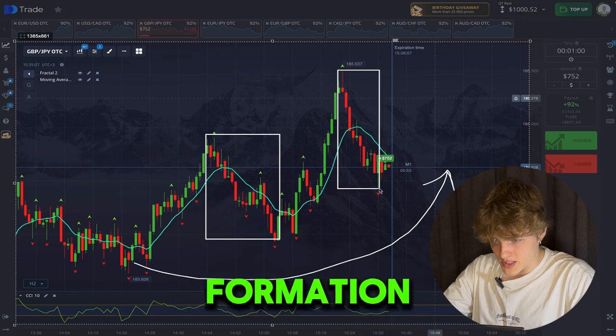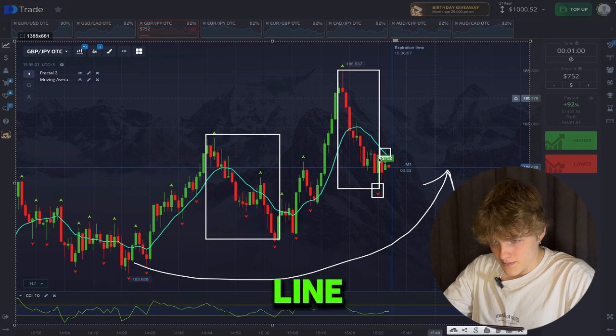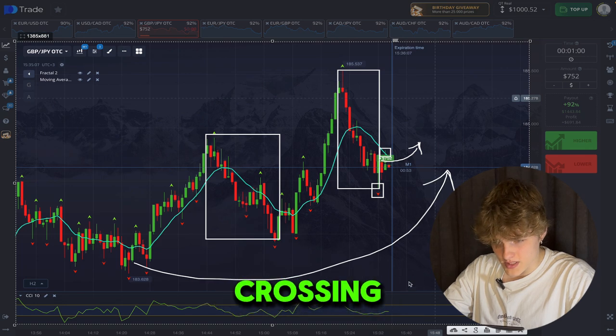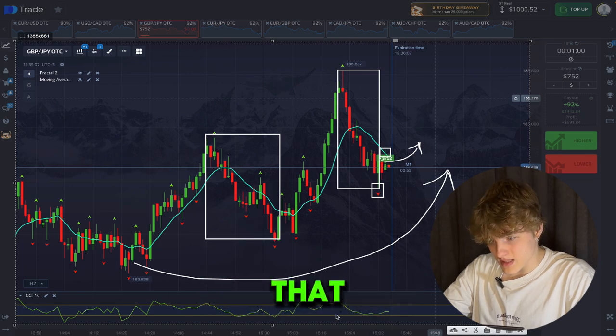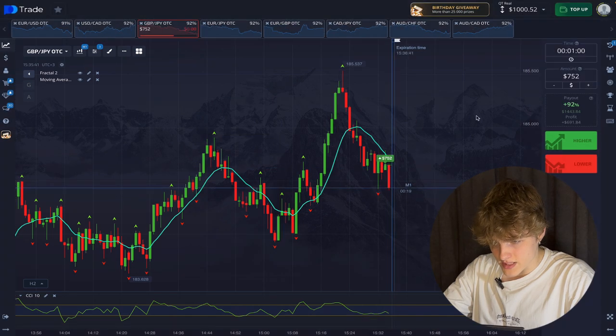Here we had the formation of a local minimum, and at this point we see the crossing of the weighted moving line from bottom to top. And there was a small crossing, so I concluded that theoretically the price could continue upward. And I also observed a reversal of the moving line on the accelerator. However,